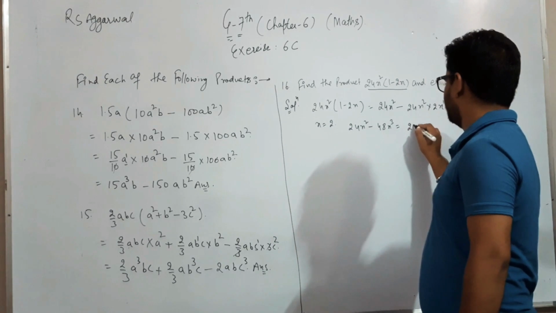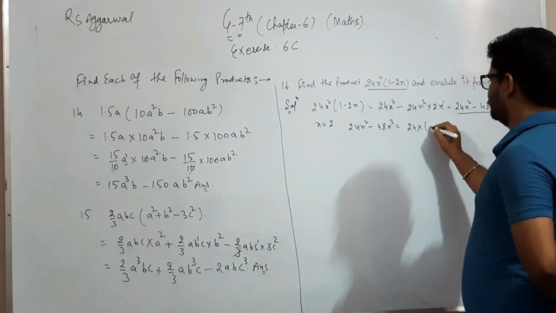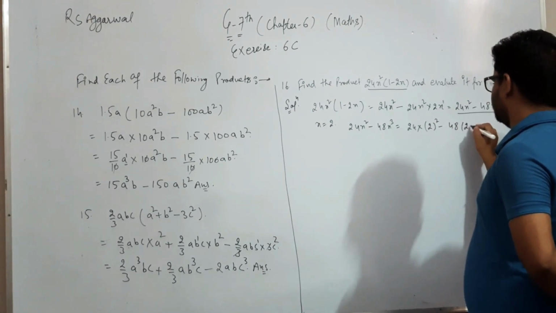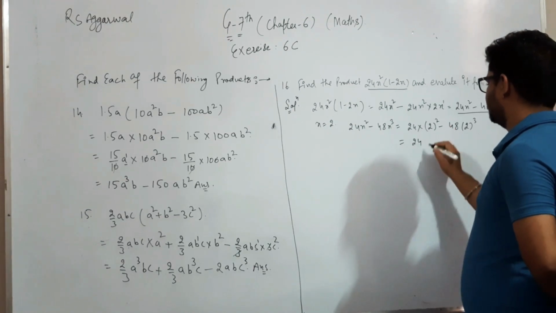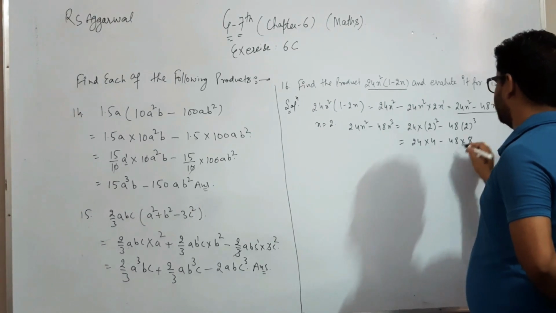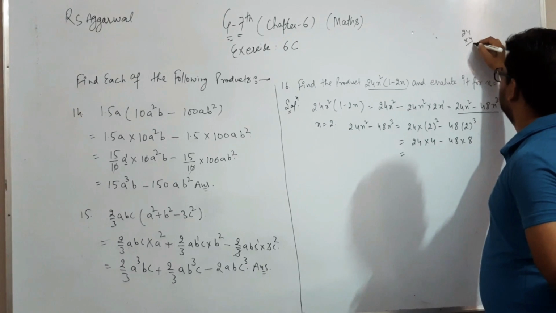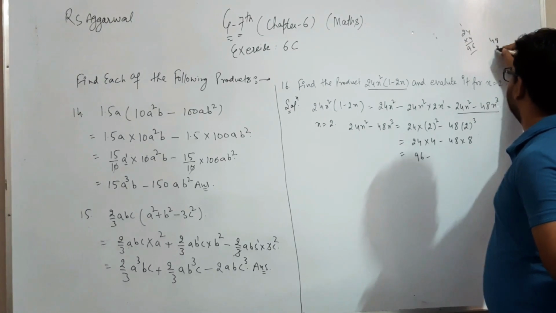So in which 24 into, we put x is 2 here. So it is 2 raised to power 2 minus 48 and then 2 raised to power 3. So 24, this is 2 raised to power 2 is 4 minus 48, 2 raised to power 3 is 8. So 24 into 4 is 96. It is 96 here, and 48 is multiplied with 8,